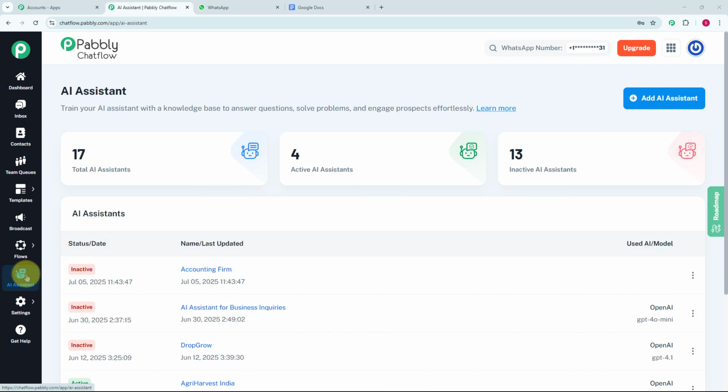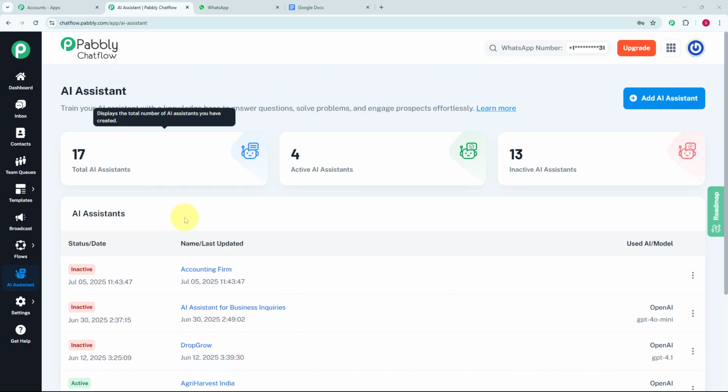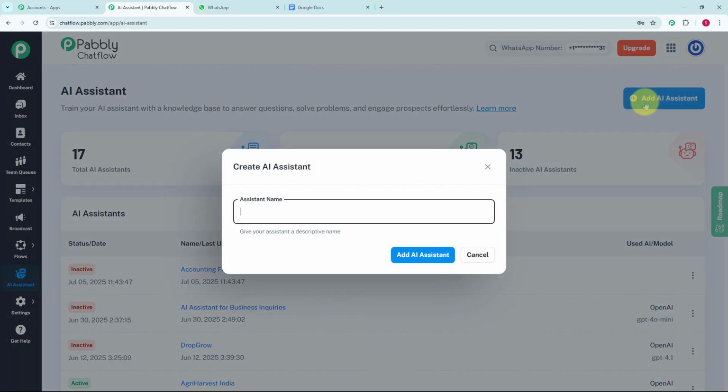Now as you click on AI assistant, you will get this AI assistant page, and here you can see these are the AI assistants I have created, and here you can see the total number of AI assistants, active AI assistants and inactive AI assistants. Now I am going to tell you how you can create your own AI assistant from scratch. For that you just have to click on this add AI assistant button,